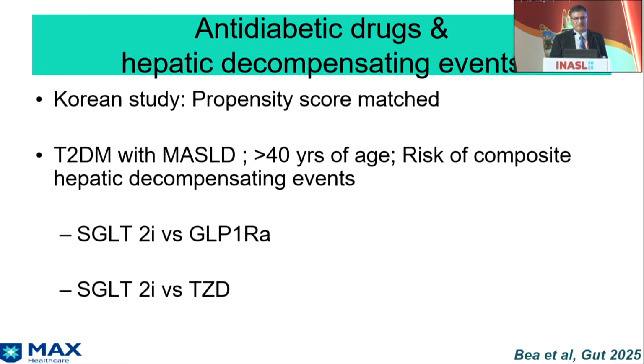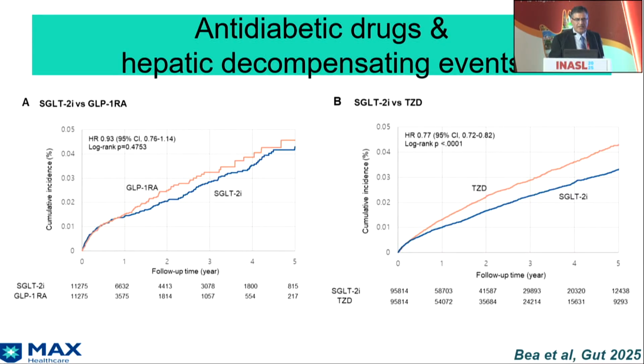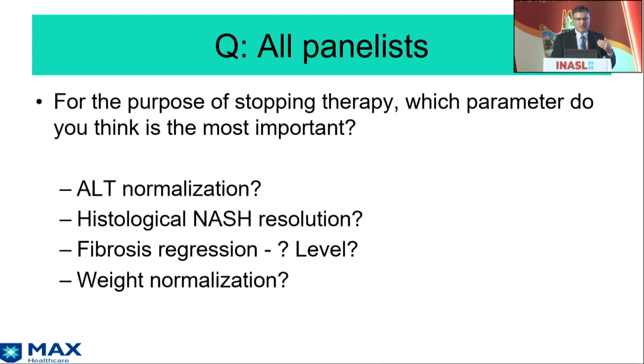So this patient is on an SGLT2 inhibitor, I think. No, this patient was not on an SGLT2 inhibitor. So we can start with SGLT2, sir. Right. There are recent studies which suggest that starting with SGLT2 inhibitors or GLP-1 RAs is associated with lower hepatic decompensating events as compared to starting thiazolidinediones, in which the decompensating events are higher, especially when we talk about pioglitazone. So I think this is the final part of the discussion.